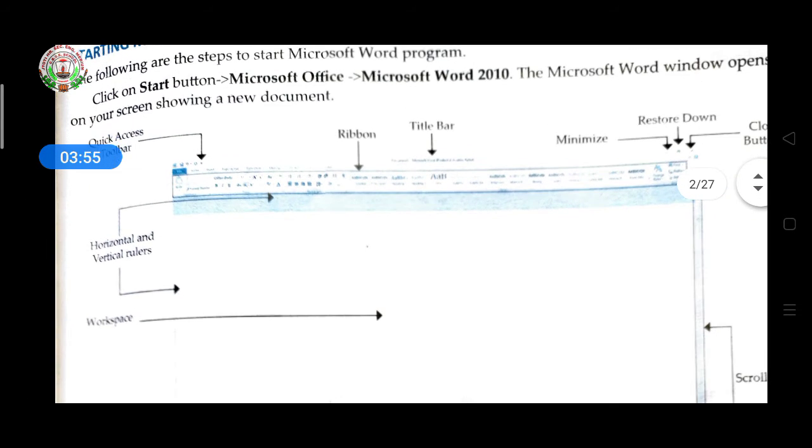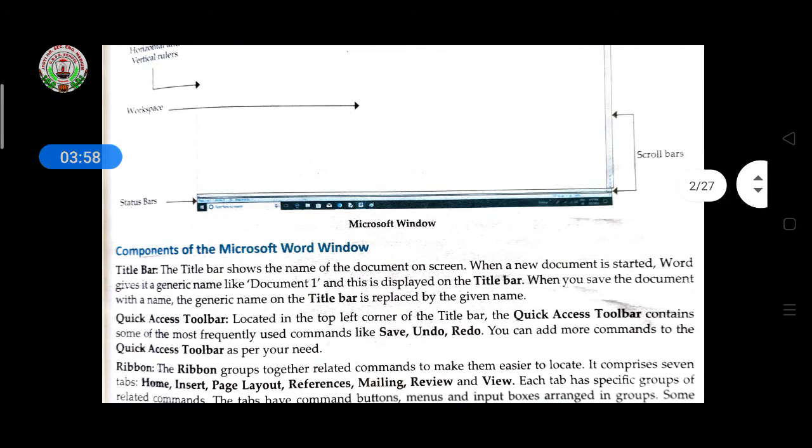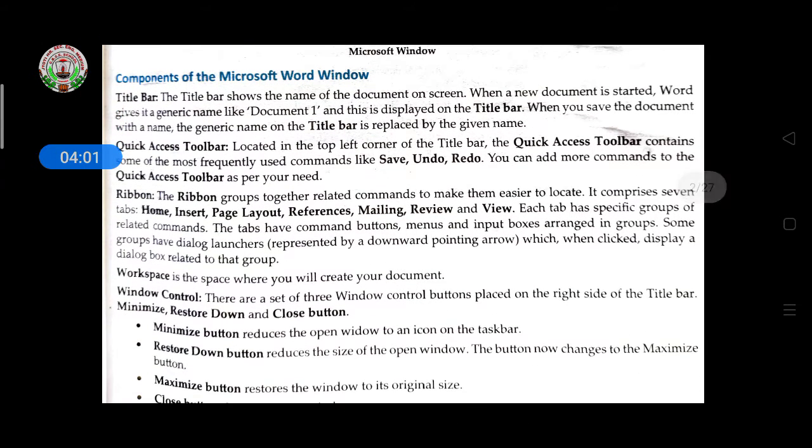Quick access toolbar means the keys we use frequently, we keep in front of us so we can use them immediately. If you are deleting something and want to undo it, that is the rule in Microsoft Office and every application software: while typing or doing work, you first Save As and give the file name, and then after typing 2 or 3 paragraphs, you click on the save button one by one.